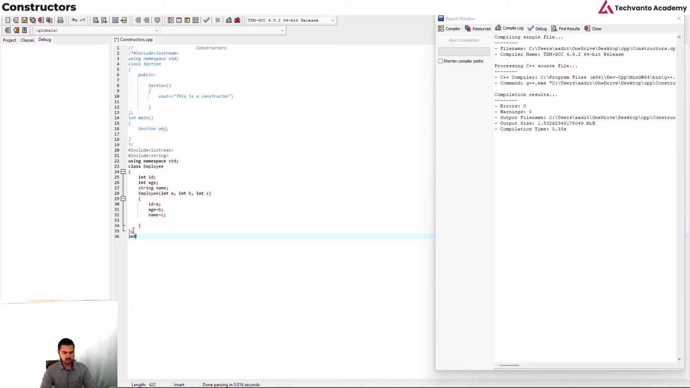Now we can call the int main function. Under the main function, we just created the parameters, right? Now we will call this by using objects. For that, we create one object by using the class name Employee, and then we create one object obj1,